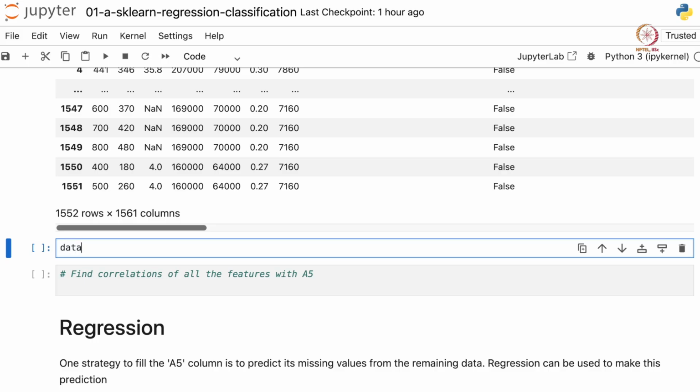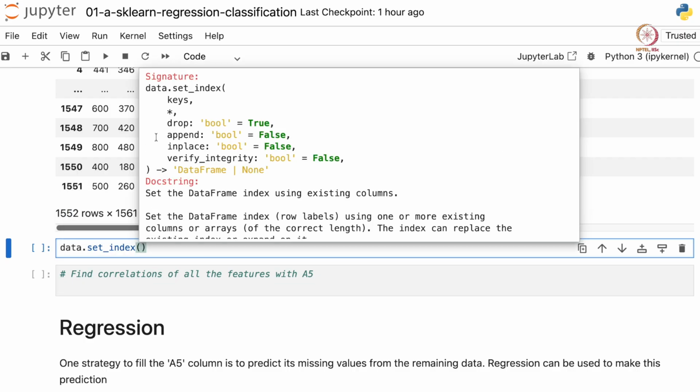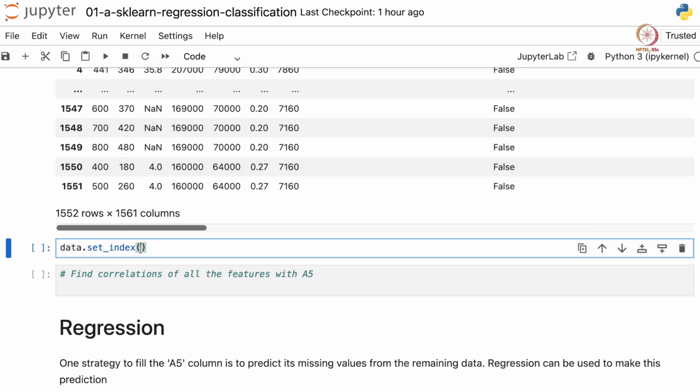We can set the ID as index maybe. So let's use set_index, and if I press shift tab, set_index takes keys and an inplace argument. So let's let the keys be ID and let us mark inplace equal to true.